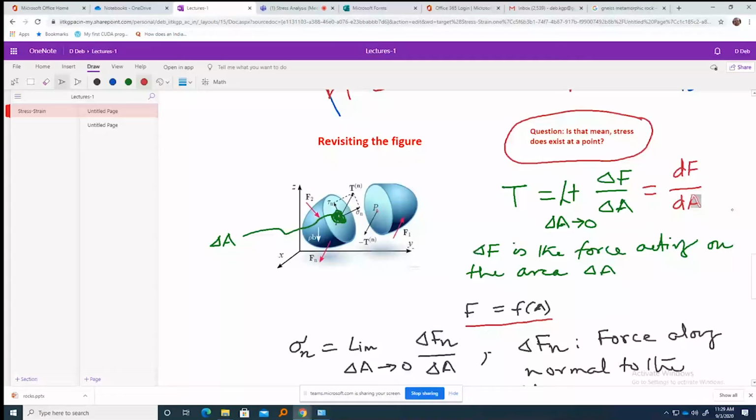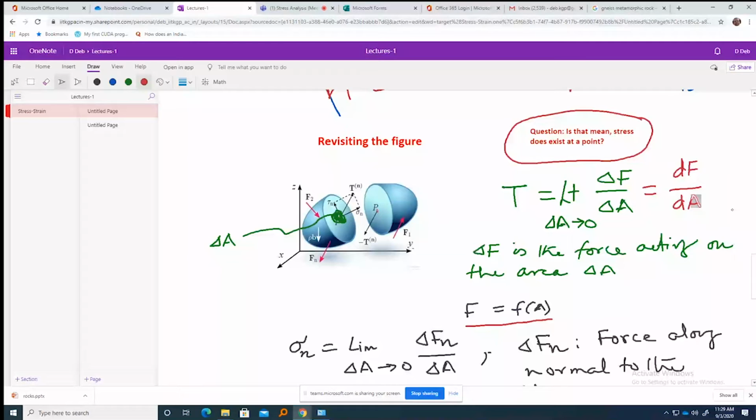But so far, if somebody asks you what is stress, you always said it's the force by area. Now, if I had asked you before, if it is force by area and if area tends to 0, what happens to that stress? You would have told me, sir, stress will become infinitely high because the area is going towards 0. So the stress will become extremely high. The idea is fine. It is the same thing, I think. But the question is, the force is also getting towards